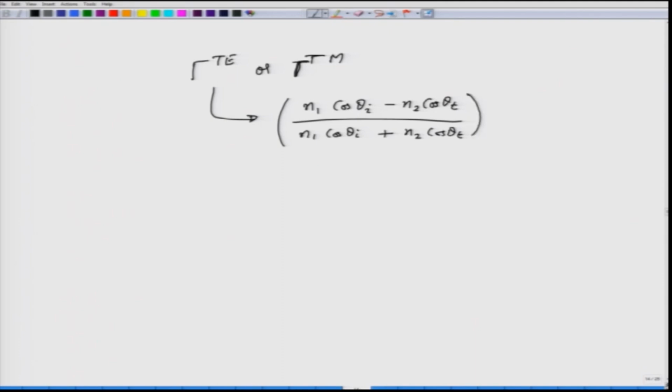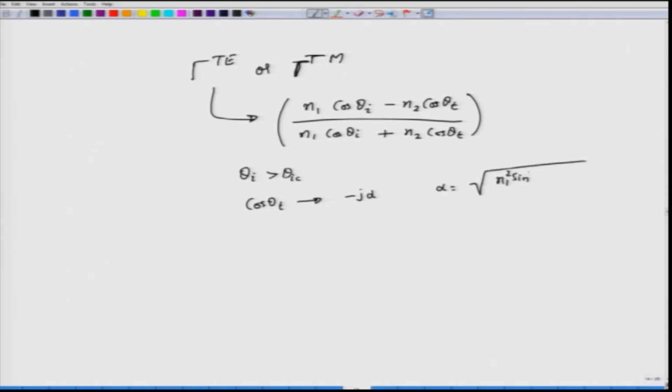We consider the situation where the angle of incidence is greater than the critical angle. So, obviously, in that case cos theta t would have become complex. Cos theta t is actually what we wrote as minus j alpha,